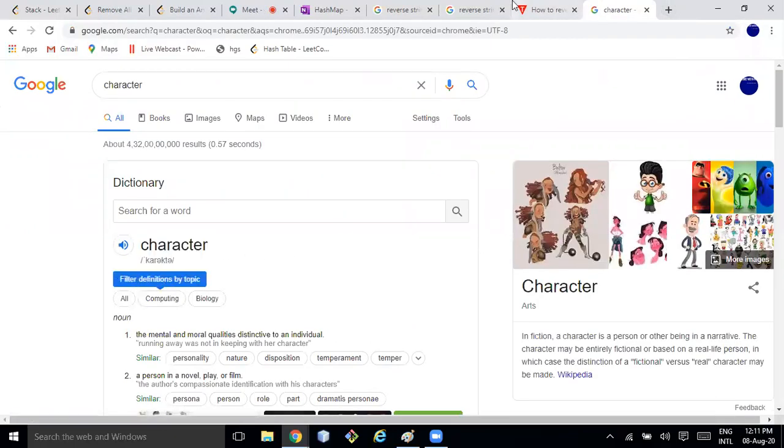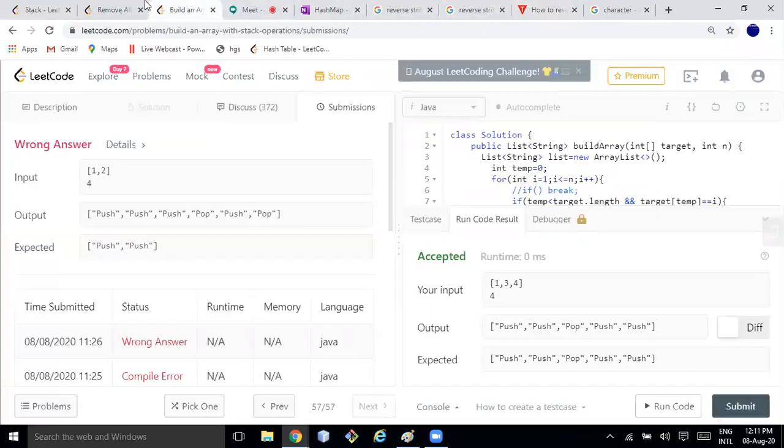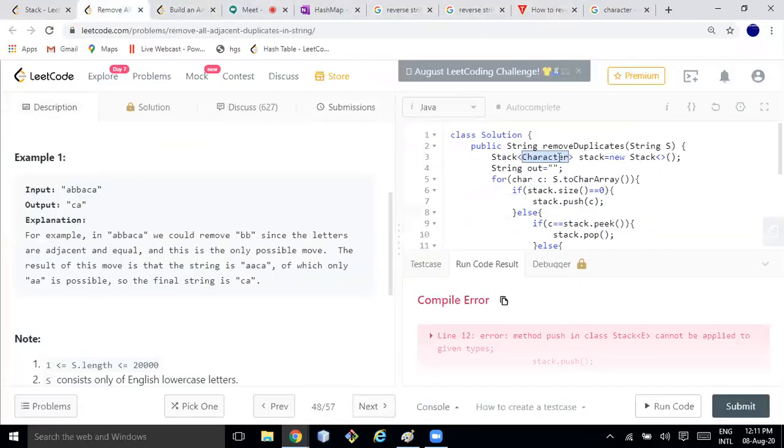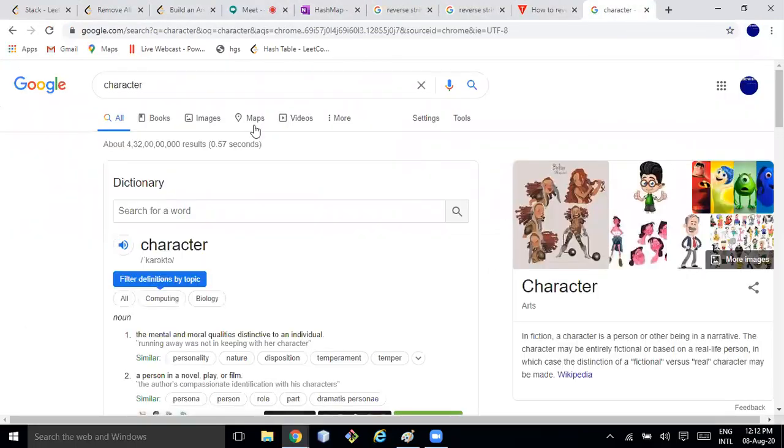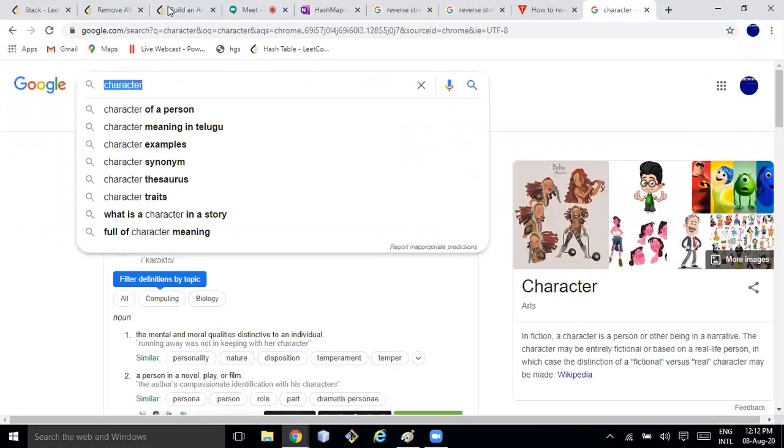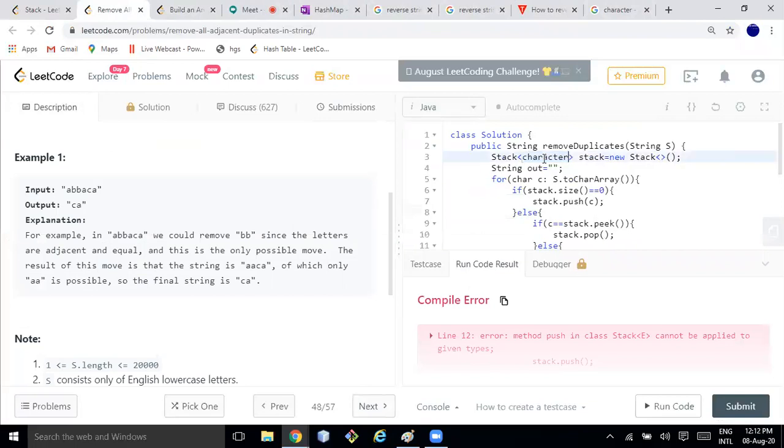It's correct only, right? Push, what am I pushing?